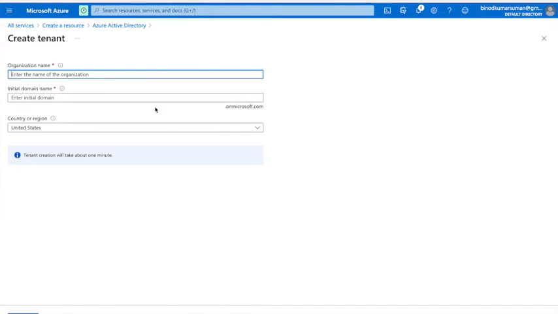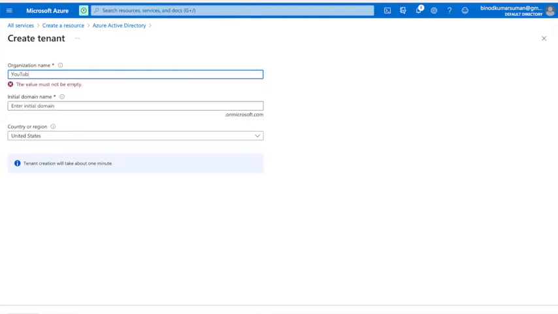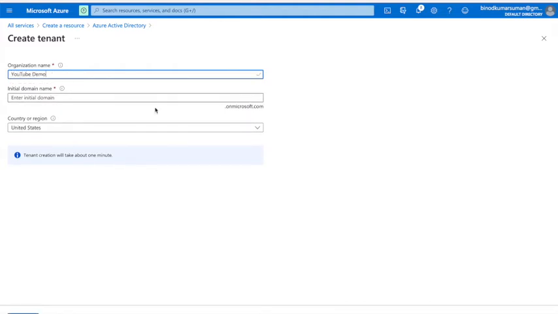and you give your organization name. So suppose my organization name is Vinod, or you can say YouTube demo, and enter the domain name, right?